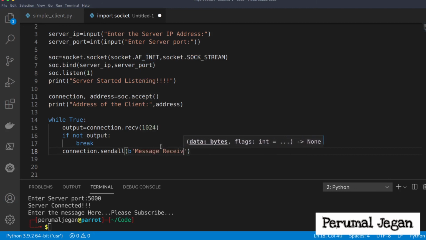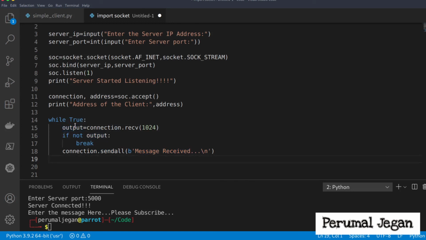Message received, typing it in a new line. Okay, now it is time to break the while loop also. This if statement represents there is no output, I mean the end of the output.